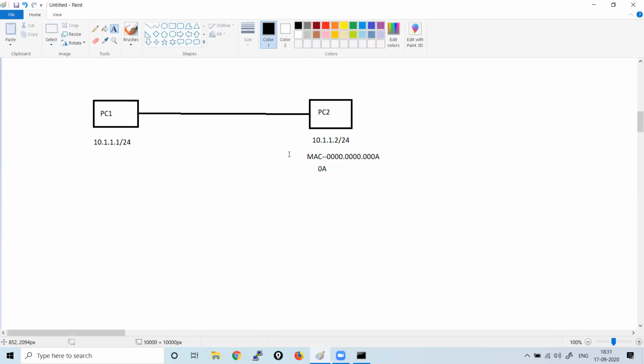In the same way, it would be 0B. For simplicity, I'm writing it as this. Fine. Now,